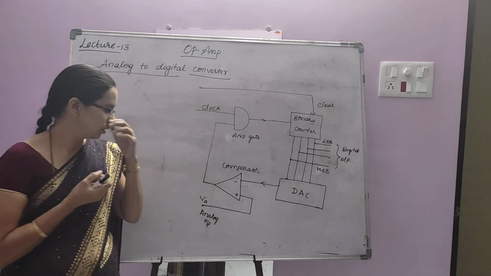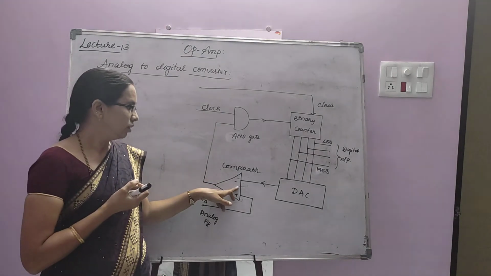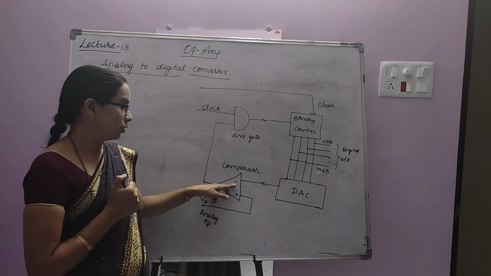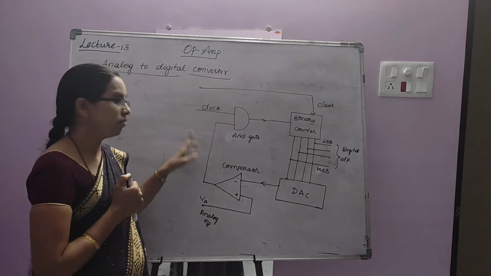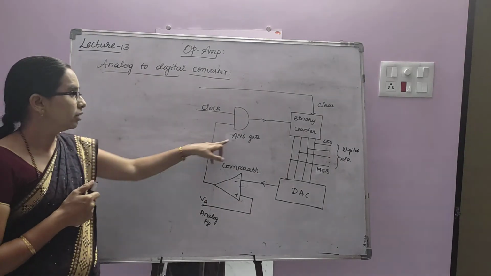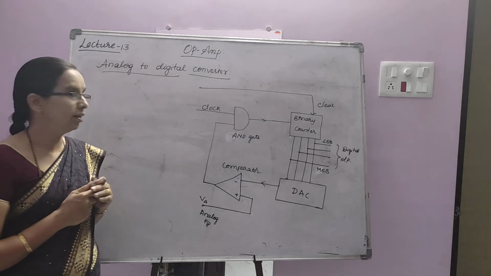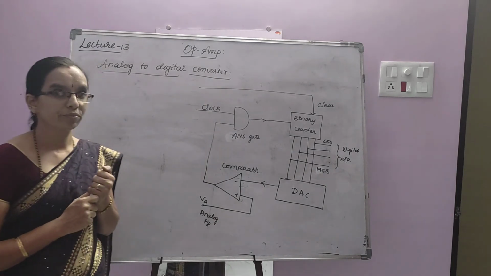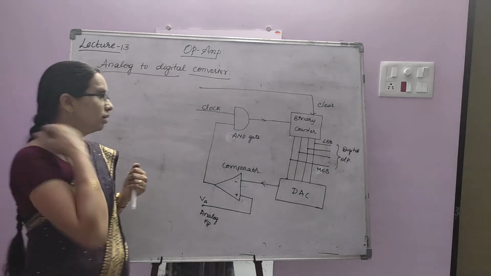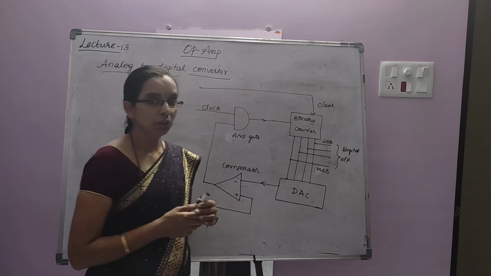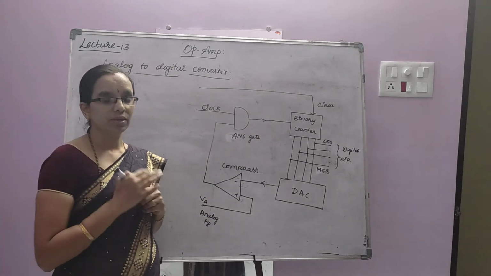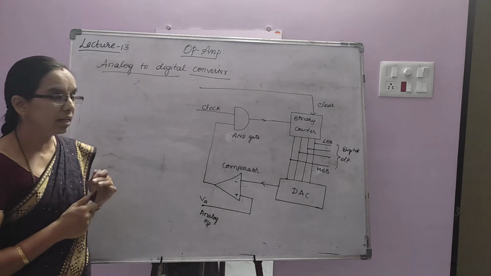If the input at the, just a minute, yes, if the input at the inverting terminal is greater, then it will give 0 output. And the operation of AND gate you know very well. When both the inputs are high, then only the output will be high. Right? Okay. So here binary counter is a new thing for you that you will study in digital electronics in second PUC itself. Binary counter.